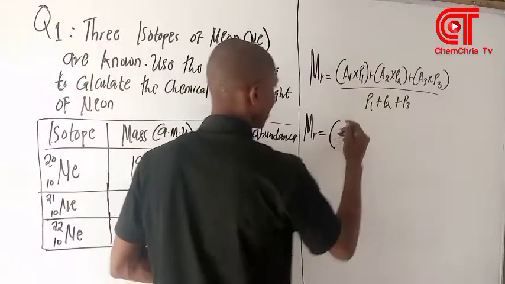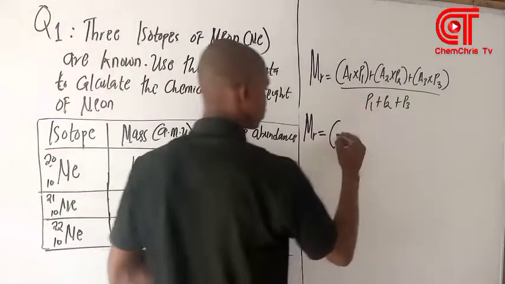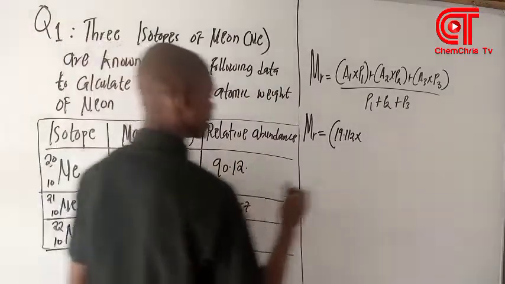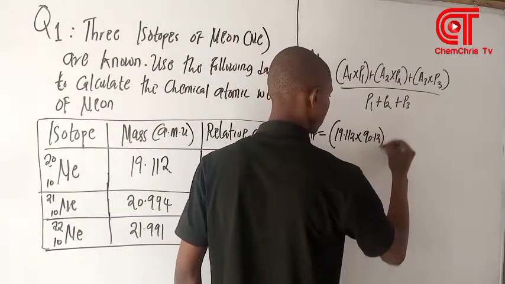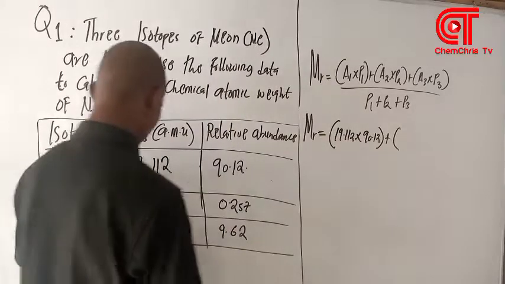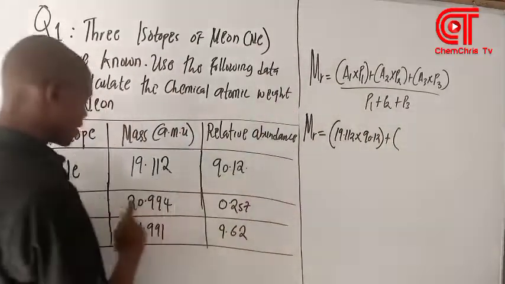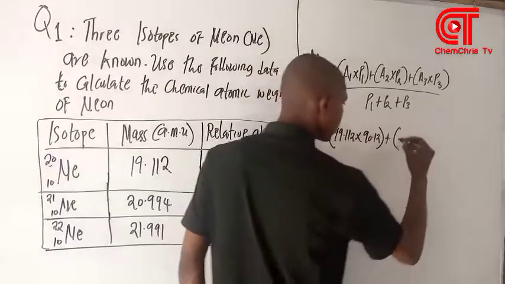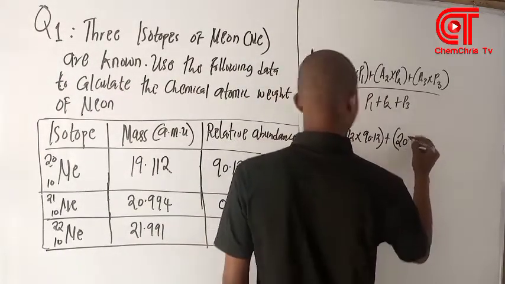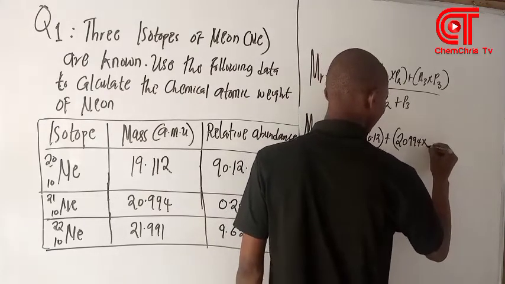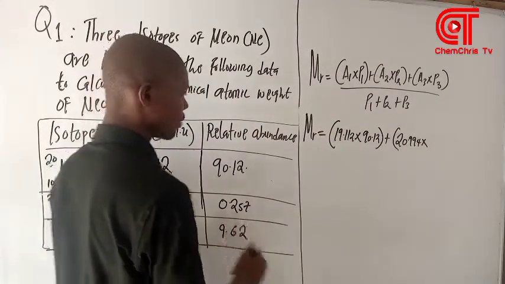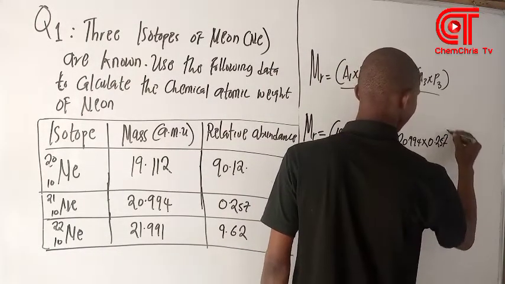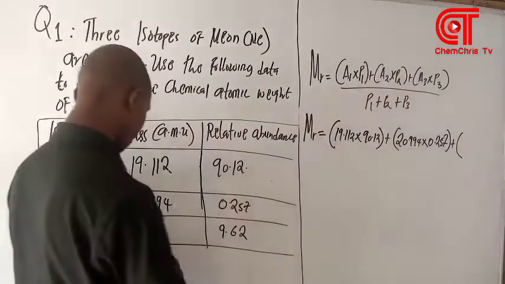So here we have A1 as 90.112 times P1, which is 90.12, plus A2, which is this one here, the second isotope, 20.994, times 0.257, plus A2